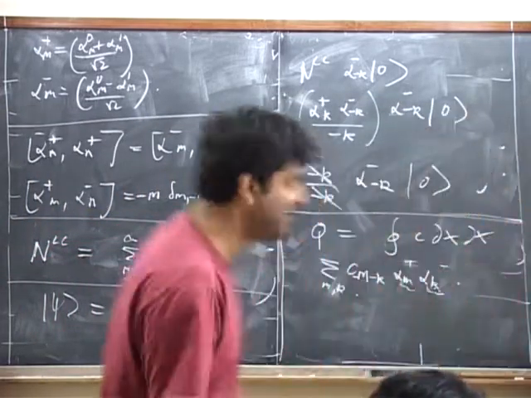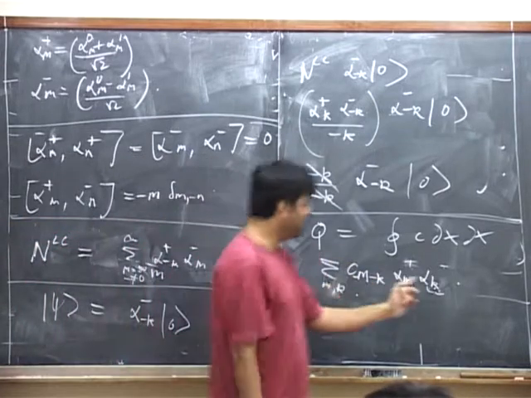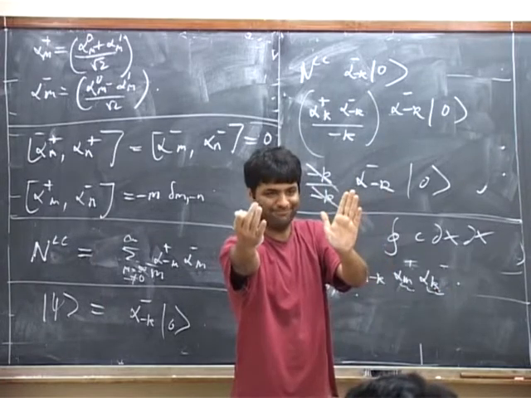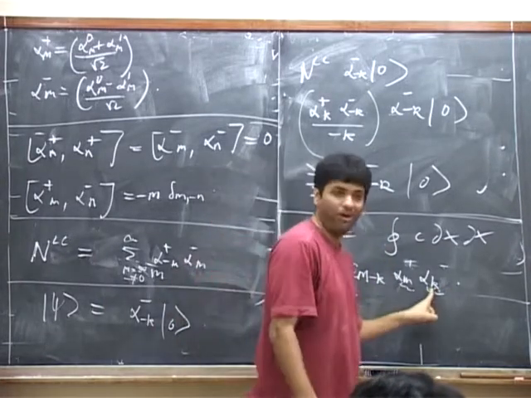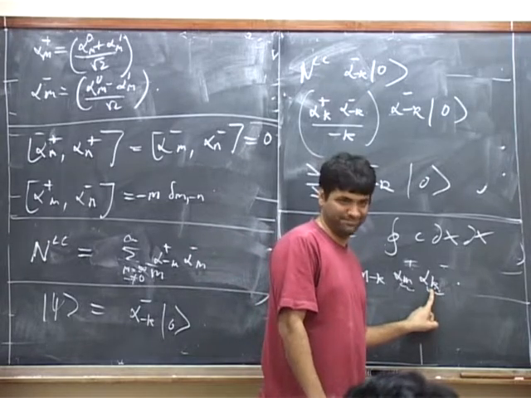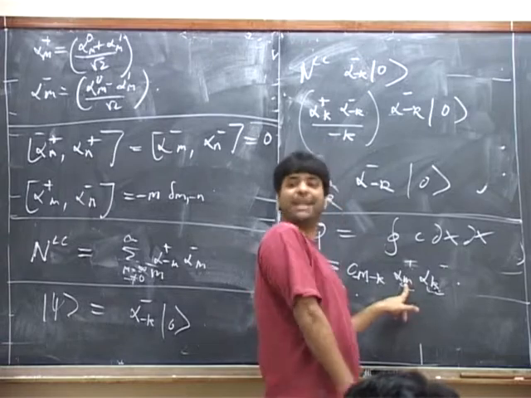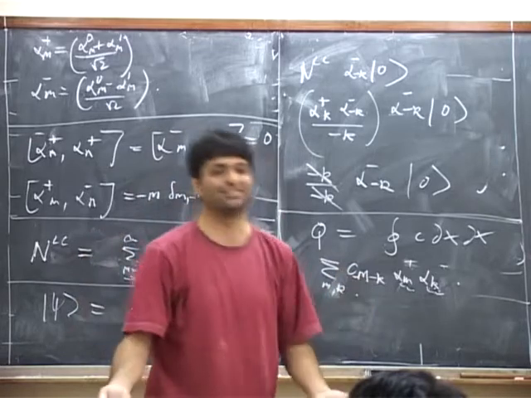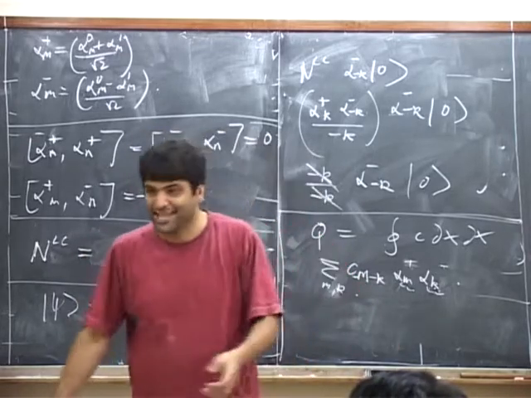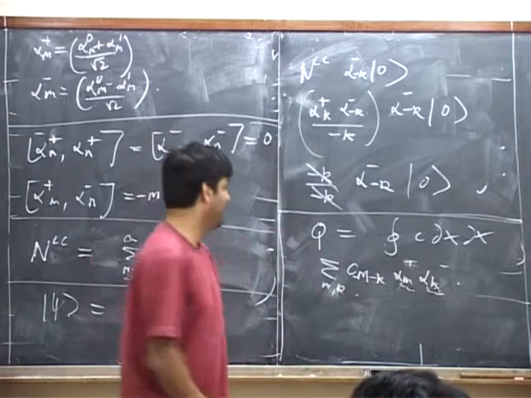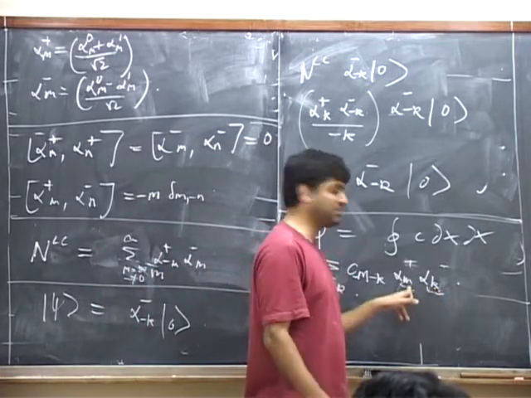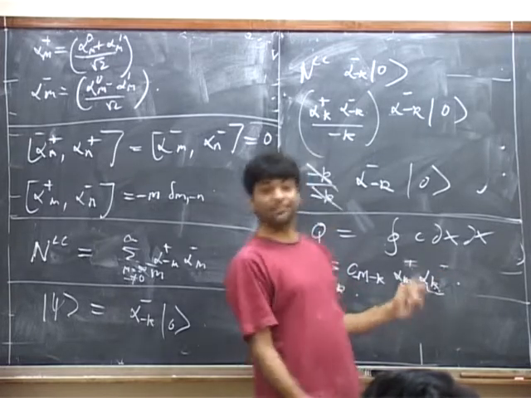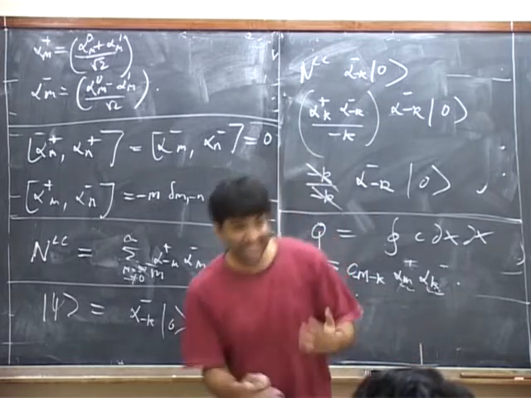No other factors. Okay? So suppose both are positive, then this is a destruction acting on some state. Either it gives you 0 or it destroys a positive oscillator. This is a destruction for a negative oscillator. So it reduces the number of positive oscillators by 1, reduces the number of negative oscillators by 1, so that NLC equals 0. That's clear. You might think, oh, what about if this guy was negative and this guy was positive? If this guy was negative, it creates a minus oscillator. But this guy being positive destroys a minus oscillator. So once again, NLC is 0.